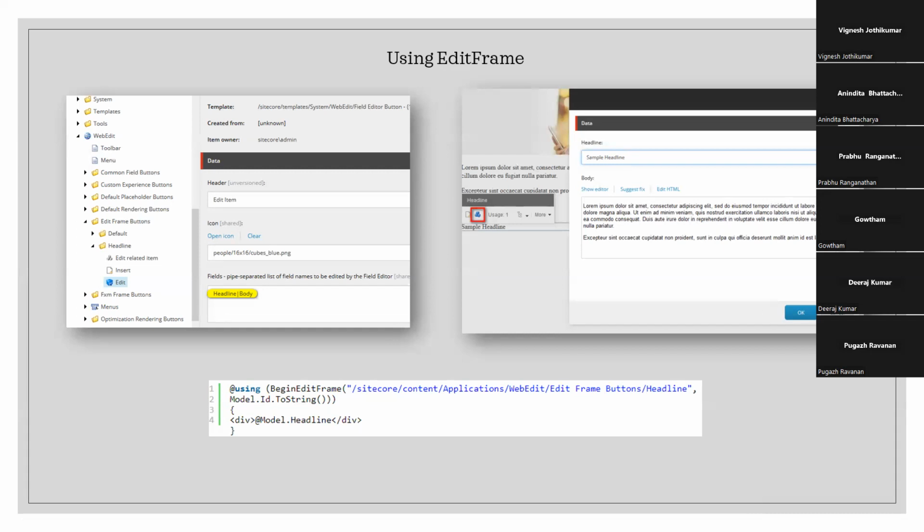When someone tries to look at edit options for this piece of markup, show these fields. So that is what you can do with edit frame. So you can see how we are doing it here. The configuration in CoreDB is quite similar, as in it's under the same section, but you have edit frame section